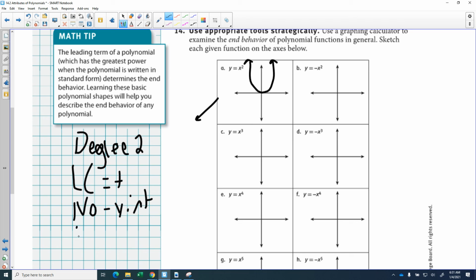And then even my end behavior is x to the right, y is going up, and x to the left, y is going up. So notice how by just taking little bits and pieces of the graph, by looking at both the equation and the sketched picture I drew there,